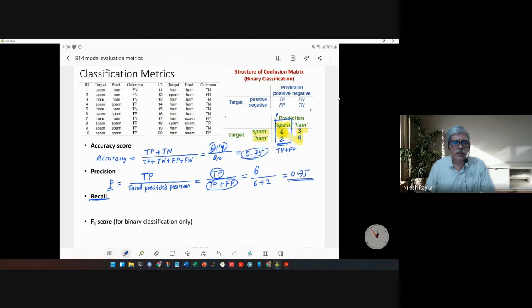In that case, the customer is interested in knowing that out of the actual, there will be some unhealthy machines. So let's say there are 10 unhealthy machines out of 100, out of which how many is your model able to predict properly? I'll repeat once again. There are 100 machines, out of which 10 machines are actually unhealthy. How many of these 10 unhealthy machines is your model able to predict correctly? That is called recall.